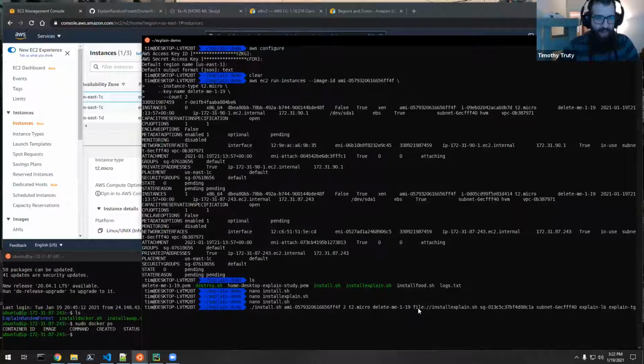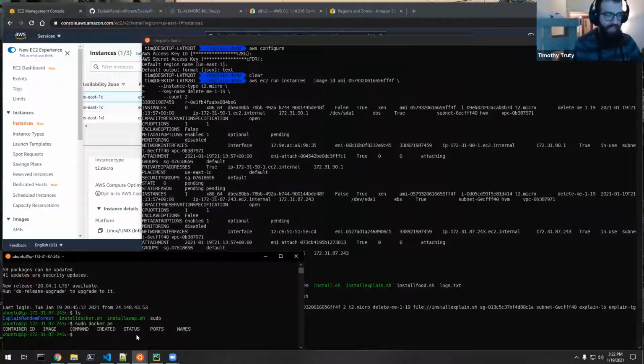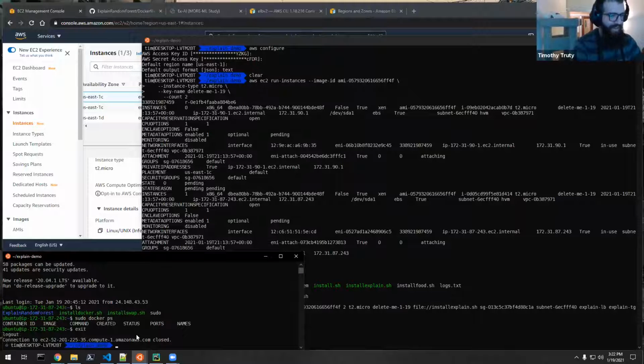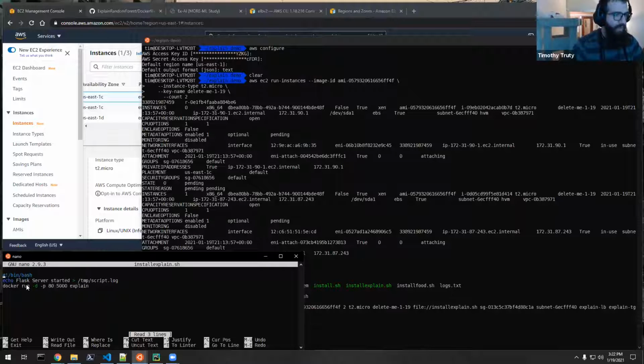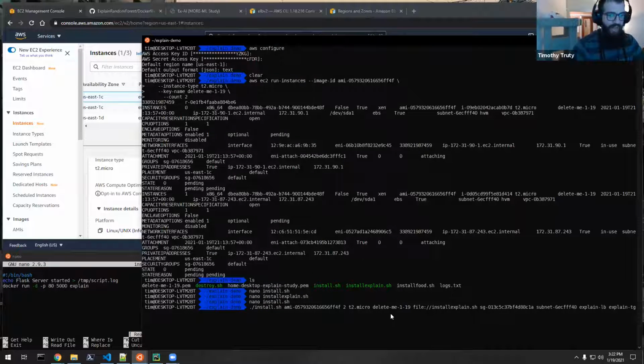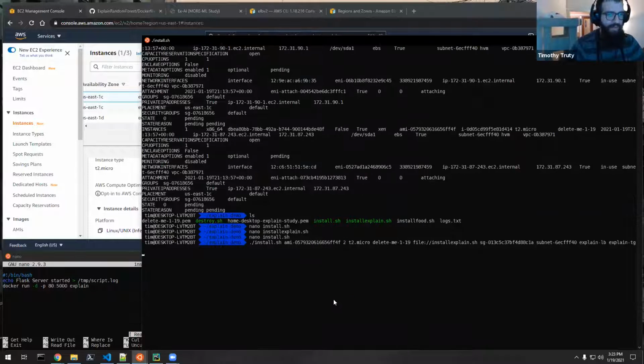So the next parameter is the user data, which is the install file, which we can see here. Oh, I'm in the actual directory. Hold on. Exit. Nano install explain. There we go. So we can see it's just this, where you're starting the Docker. Okay, I'm setting the security group, the subnet, and then I'm naming the load balancer and target group. And that's all I'm doing. And if I hit run,